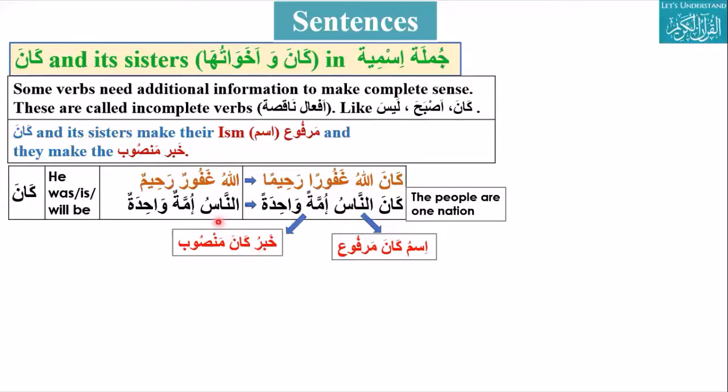Similarly, another example is An-nasu ummatun wahidatun. People are one nation. If we add Kana before that, ummatun will become ummatan. Wahidatun will become wahidatan. Okay. Kana nasu ummatan wahidatan. The people were one nation. So ummatan wahidatan because of Kana. Khabar of Kana is mansub. So ummatan wahidatan is khabar of Kana, and nasu is the ism of Kana. So that is the use of Kana in